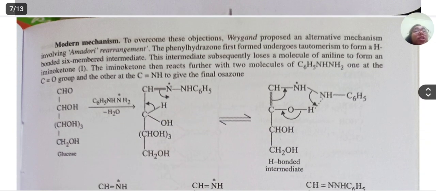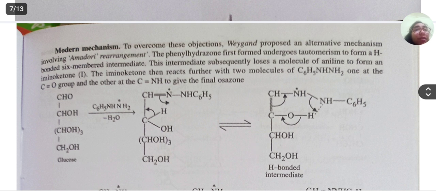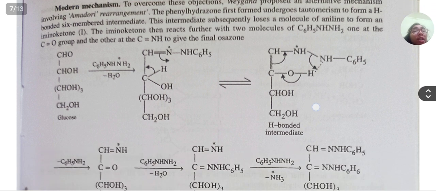Modern mechanism. To overcome these objections, Weygand proposed an alternative mechanism involving Amadori rearrangement. The phenylhydrazone first formed undergoes tautomerism to form a hydrogen bonded 6-membered intermediate. The intermediate subsequently loses a molecule of aniline to form an aminoketone. The aminoketone then reacts further with 2 molecules of C6H5NHNH2, one at the C=O group and the other at the C=NH group, to give the final osazone. Glucose, hydrogen bonded intermediate,